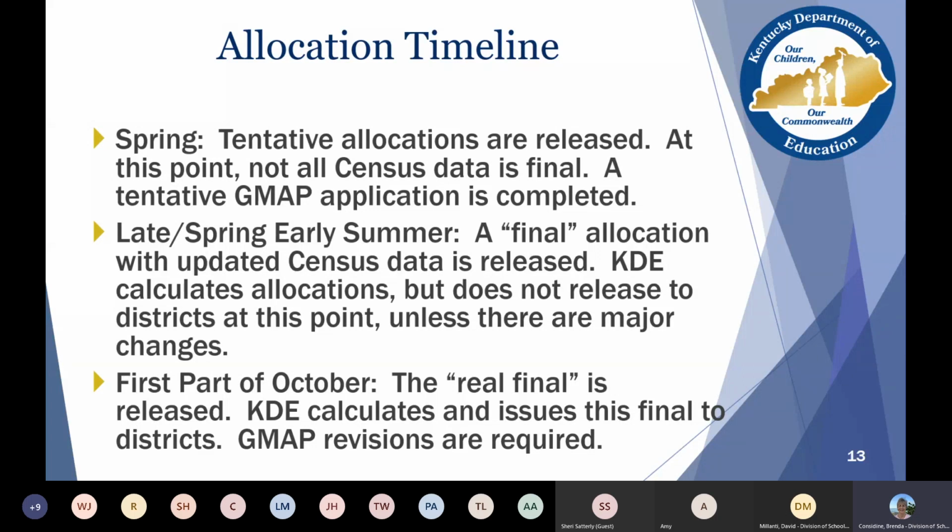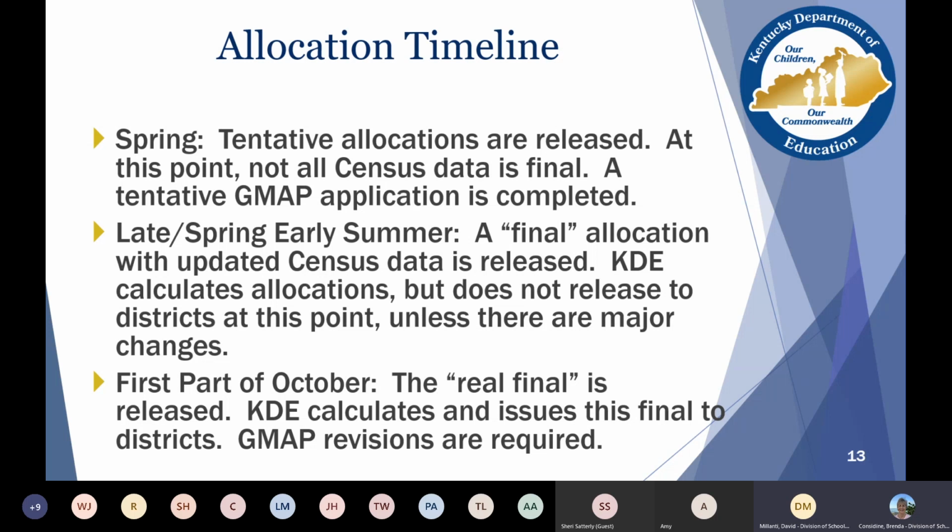In the late spring, early summer, KDE will get a final allocation with some updated census data, and it's released. And we don't really release that to the districts, do we, David? We just look at it and calculate those allocations, but there's no communication at that point with the districts. They're still working on the tentative allocation from the spring.